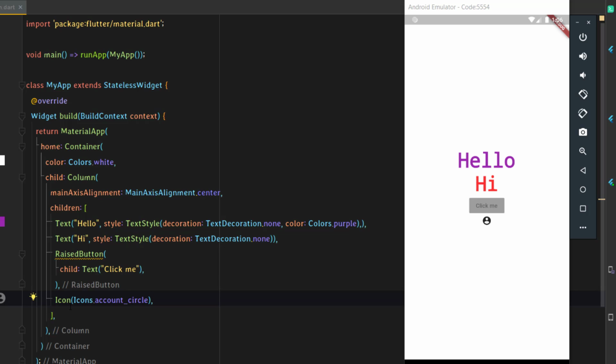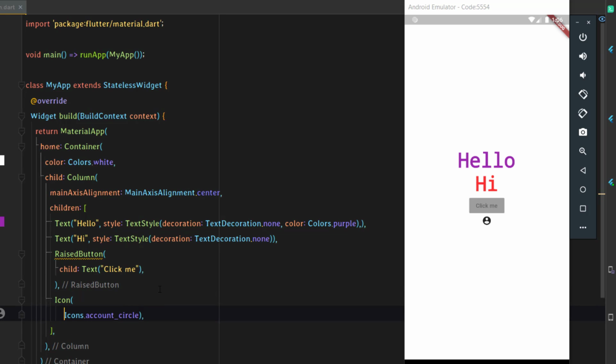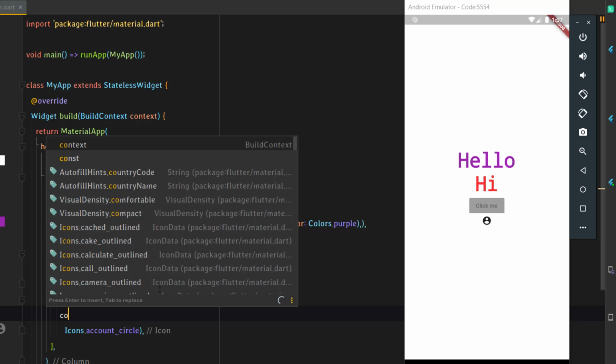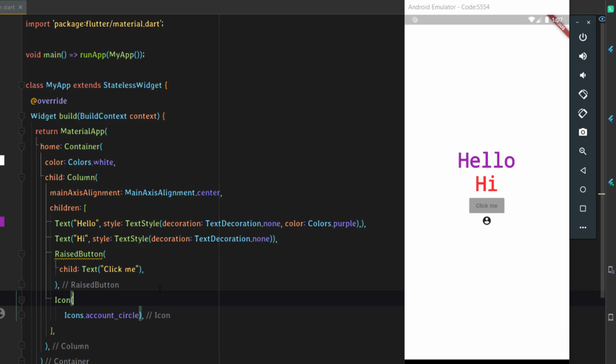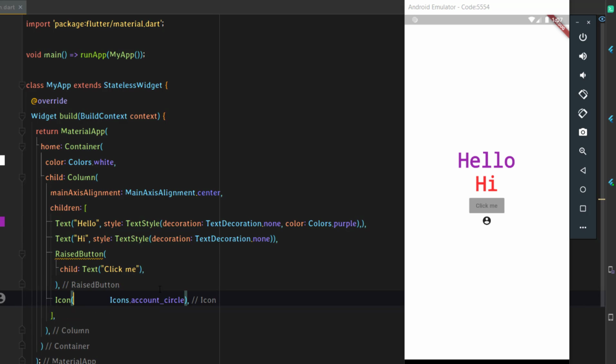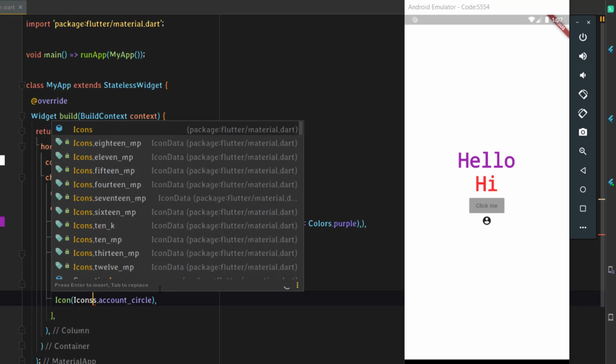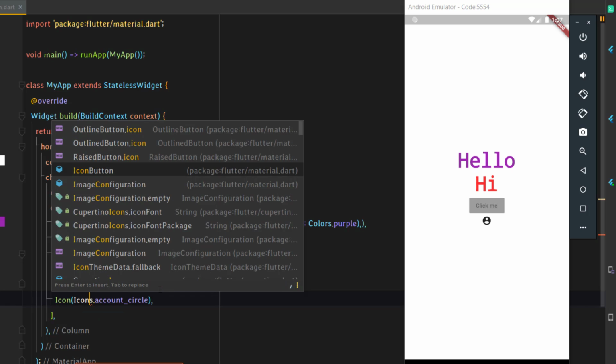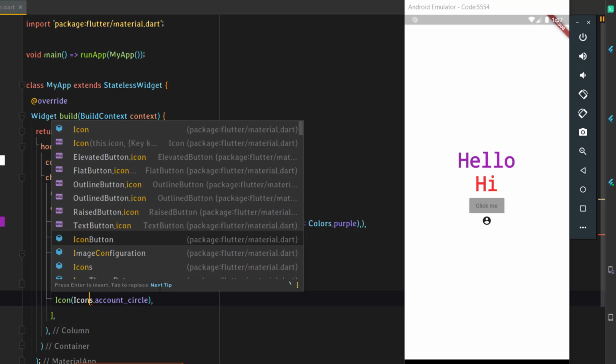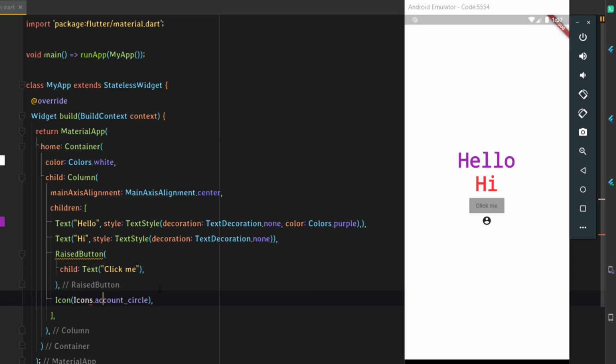Now this icon, we can even change the color of it basically. To do that, just add color, just save this.